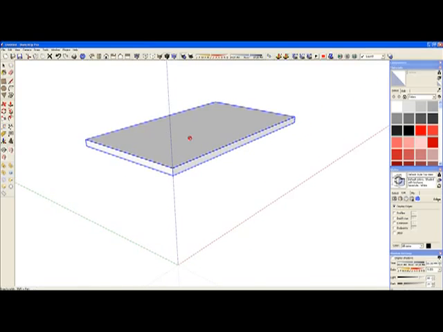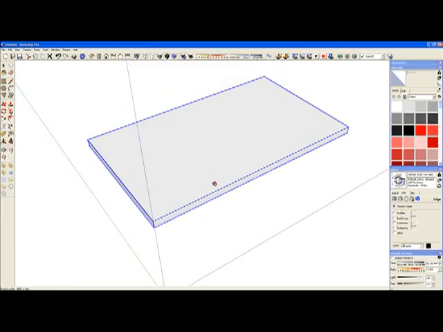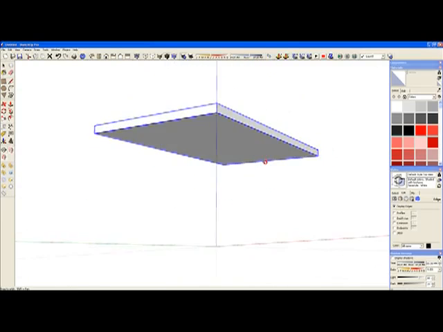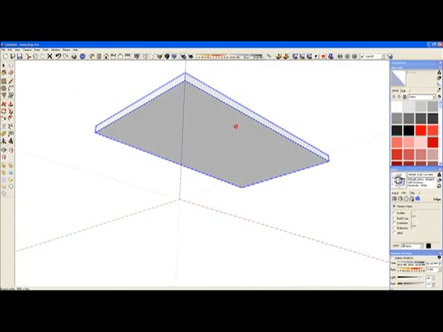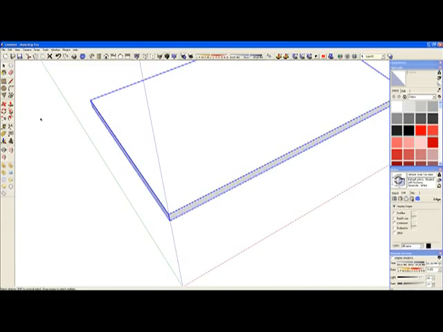Great. Now we're going to do the legs. I'll just work on the top of the table, because then you know exactly where you are instead of trying to work from the bottom. It can be a bit tricky, irritating, and just not logical. So we'll work from the top of the model. We'll deselect this model,